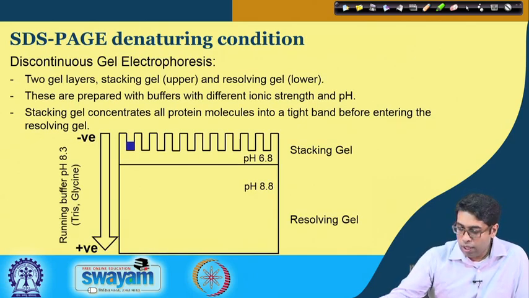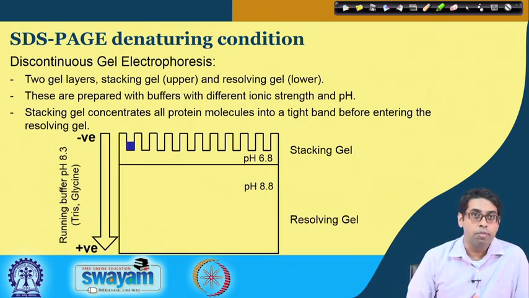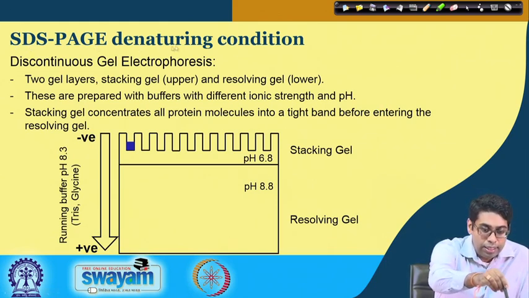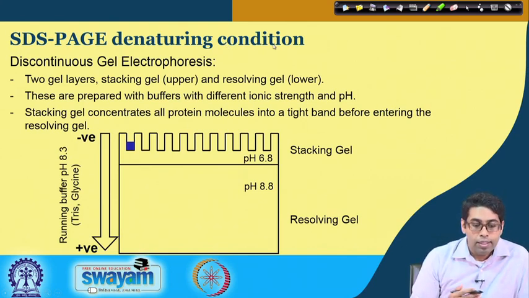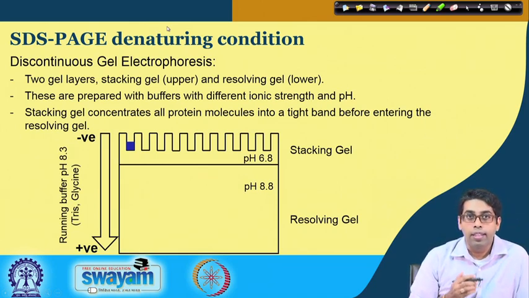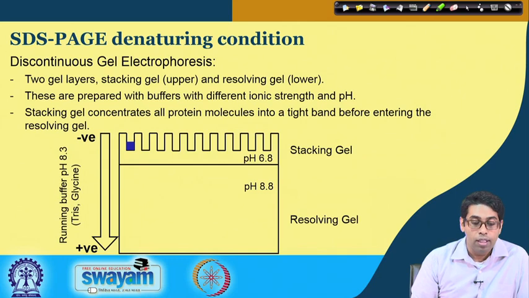So, now we are getting into the details of gel electrophoresis. What I am going to talk about now is something called SDS-PAGE, a denaturing gel. As it says, denaturing, this is typically used for protein samples, and denaturing means that we are going to denature the proteins and run them on a gel. This method is very useful if you want to check the purity of your protein sample, and also if you want to estimate the molecular weight of your protein sample. If the molecular weight is not known, you can actually determine it from this method.